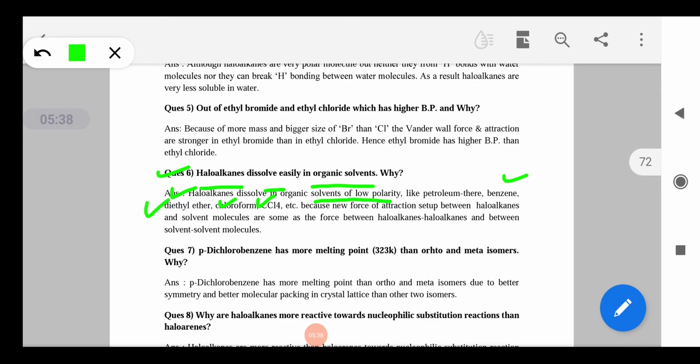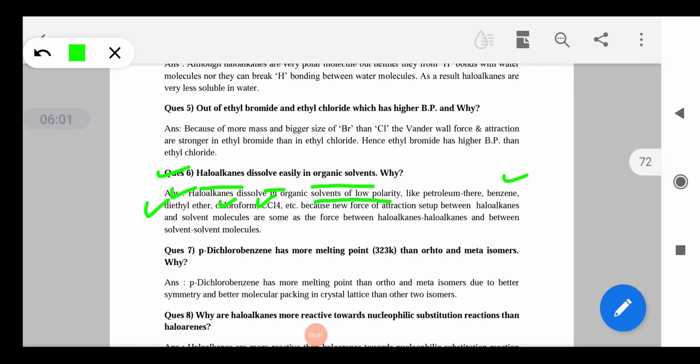एक आंसर लिख सकते हैं आप, because RX molecules dissolve in organic solvents according to the rule like dissolves like. अब देखिए, haloalkanes भी जो हैं लो पोलैरिटी के हैं और आपके organic solvents भी लो पोलैरिटी के हैं, दोनों पोलर होने की वजह से उनमें डिसोल्यूशन हो जाती है।